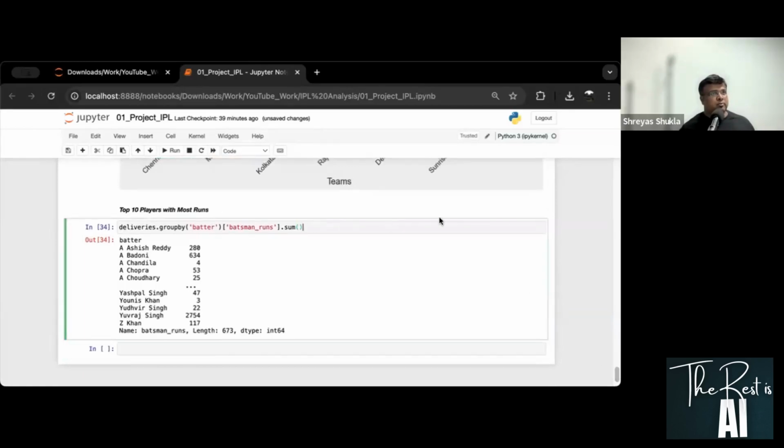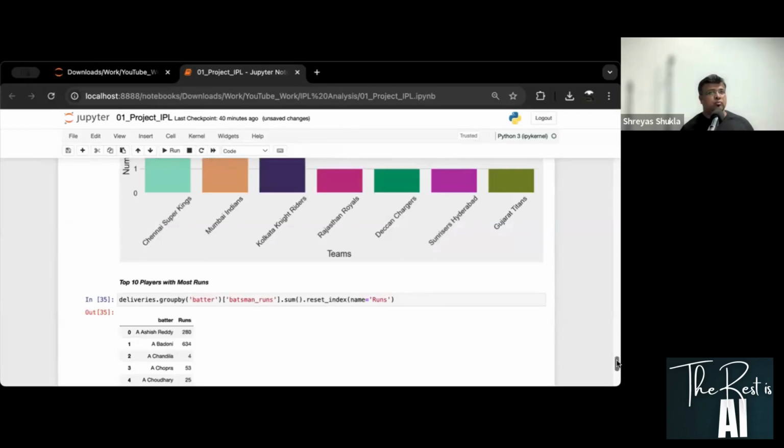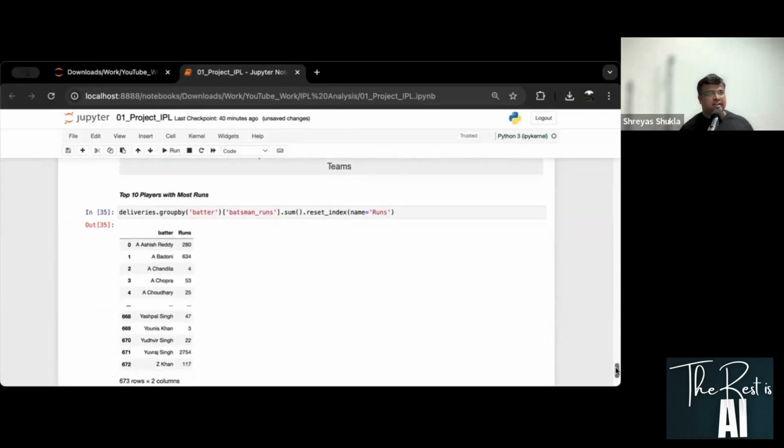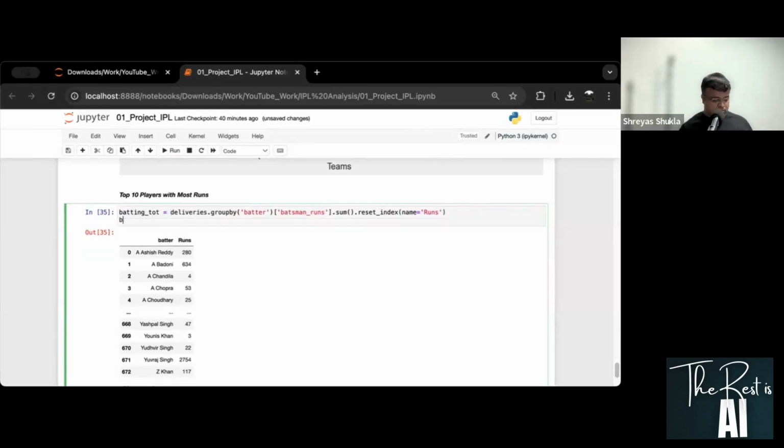Great. Now I'll do one more thing. I'll reset the index. In this case, reset index, and I'll say that name is equal to runs. There you go. So you have transformed this into a data frame. Now I'm assigning this to some variable. Let us say batting underscore total is this. Then batting total,